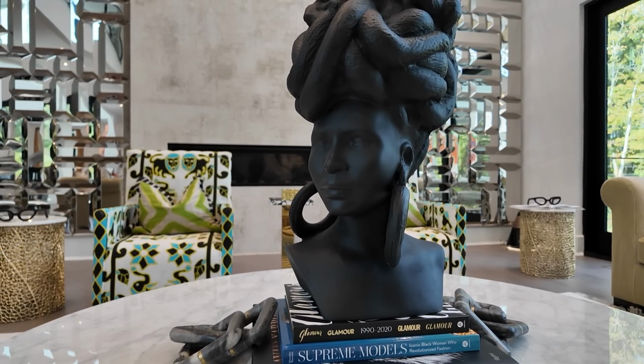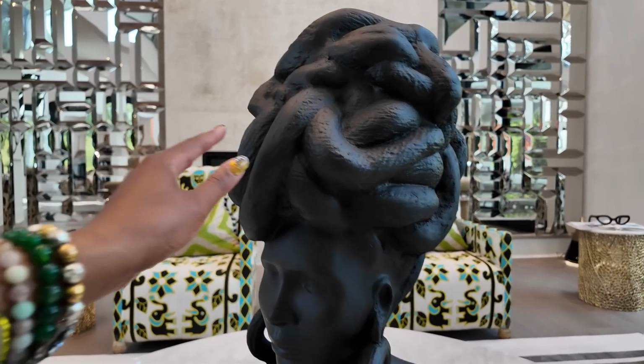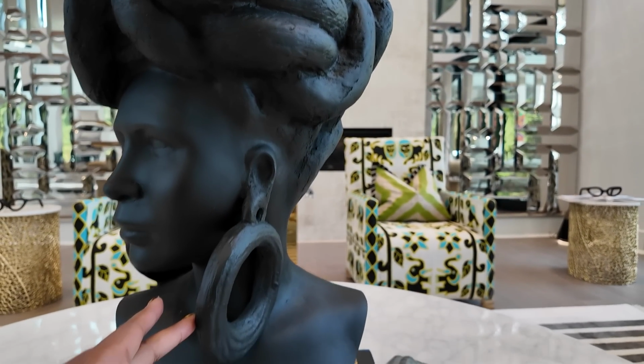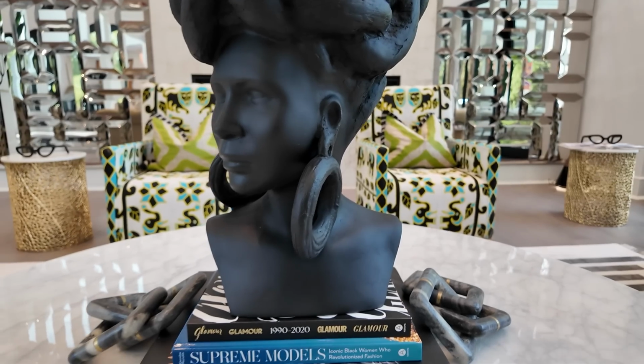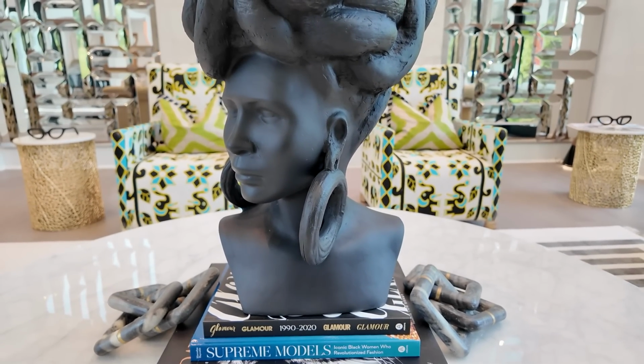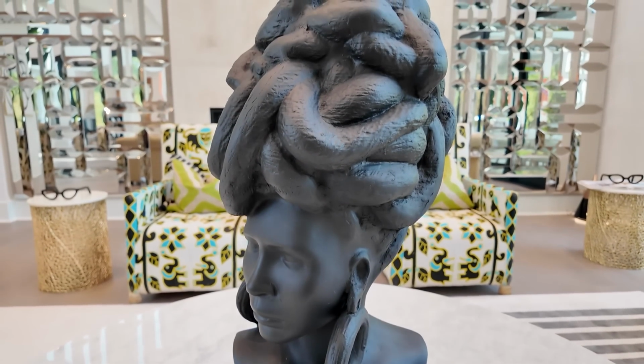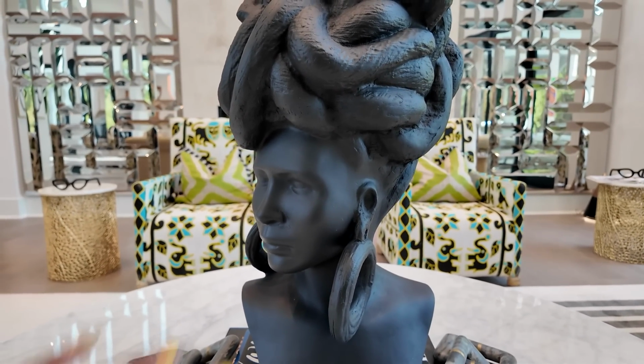And so when I saw it, I knew it was it. So she is a bodice. She's got the dress. She's got her big hoop earrings, but it just speaks to femininity. You know, it speaks to Black power. It speaks to beauty. You see all those old school Victorian busts, like George Washington and all of